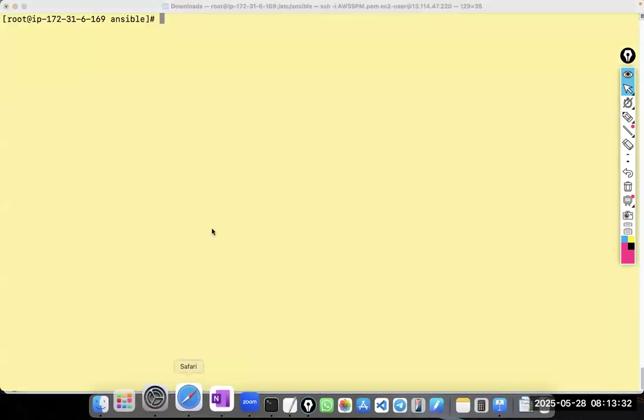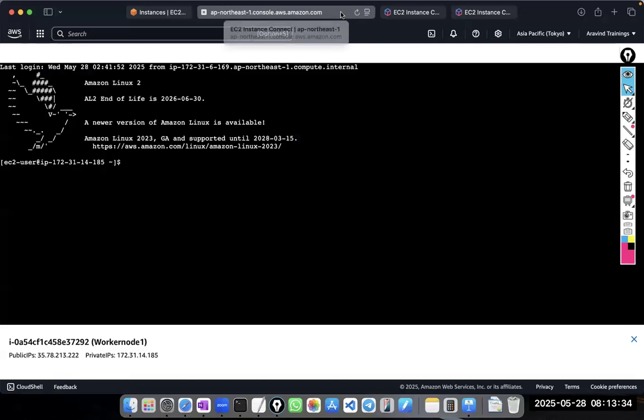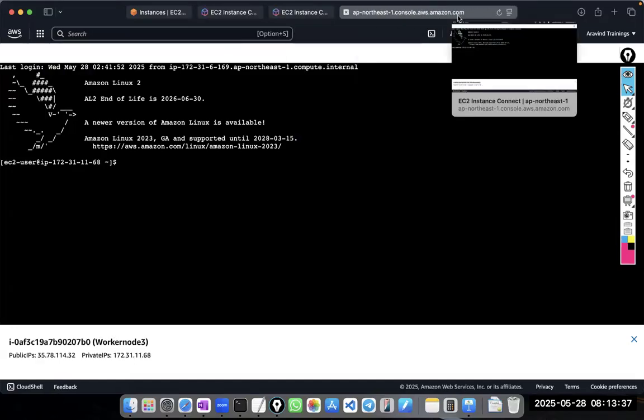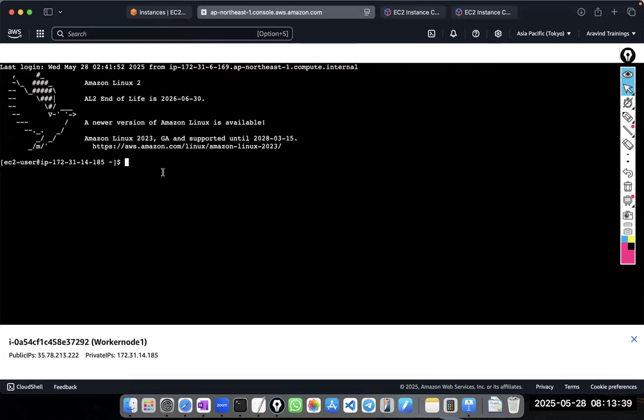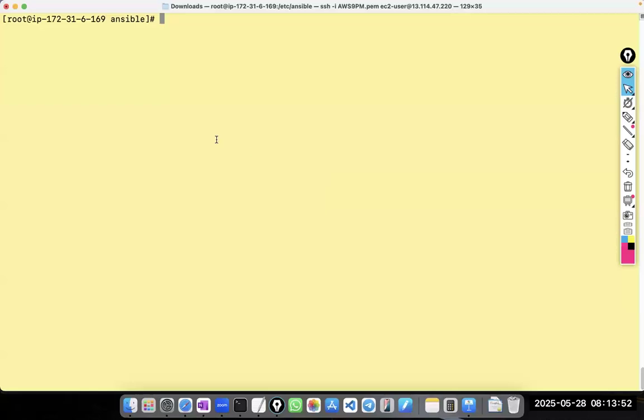Now, I want to create a file in worker node 1, worker node 2, worker node 3. As of now, do we have any files here? See, ls. No. We don't have any files, right? Now, let me create a file in all the 3 worker nodes at a time. Is it a single task or multiple tasks? Single task, sir. Creating files. It is a single task, meaning I am creating only one file. Right? So ansible